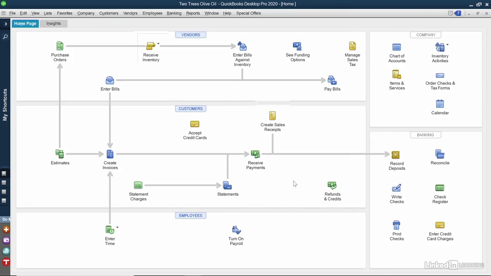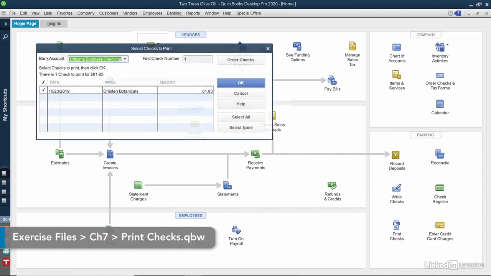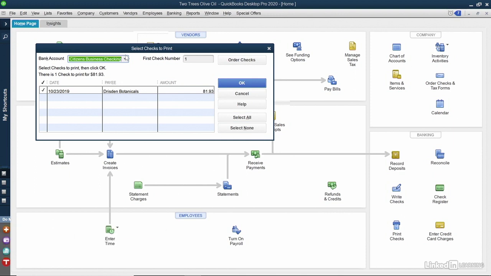We paid a bill and got a reminder that we have a check to print. Click Print Checks in the banking area on the home screen. You can first see what bank account it's going to pull the check from. Remember that this money is going to get subtracted in the check register of the chart of accounts for this